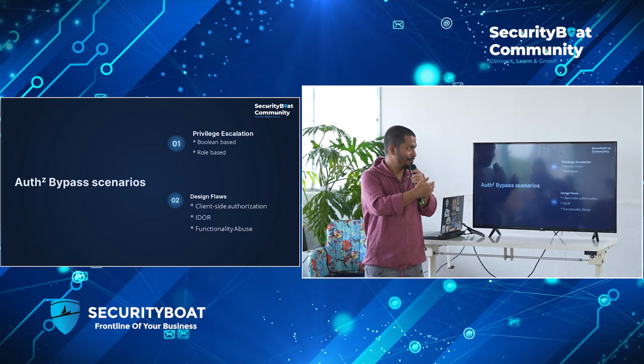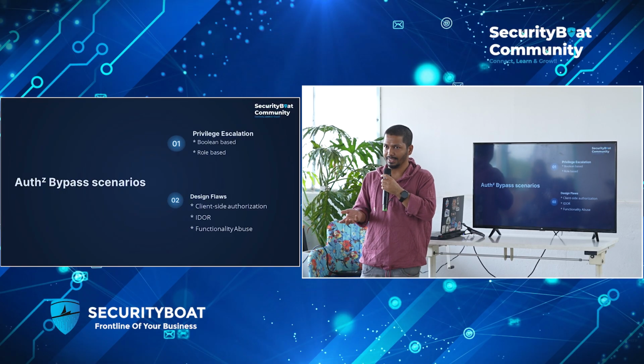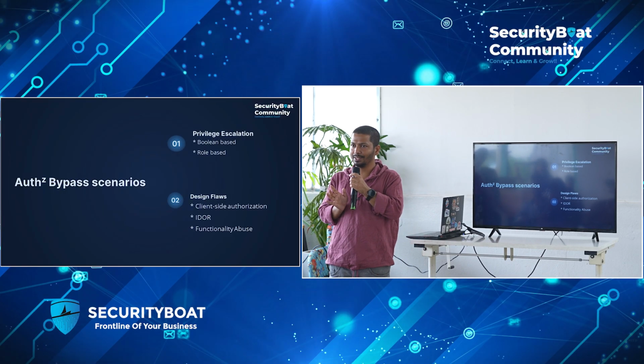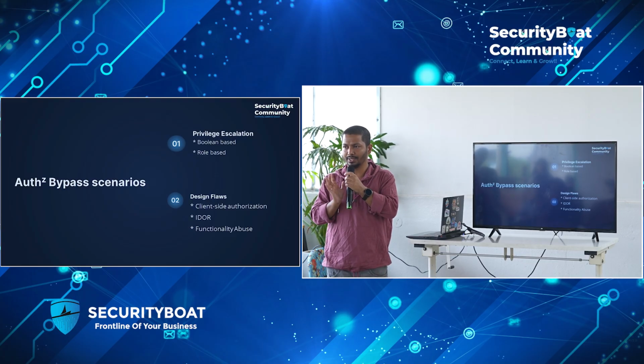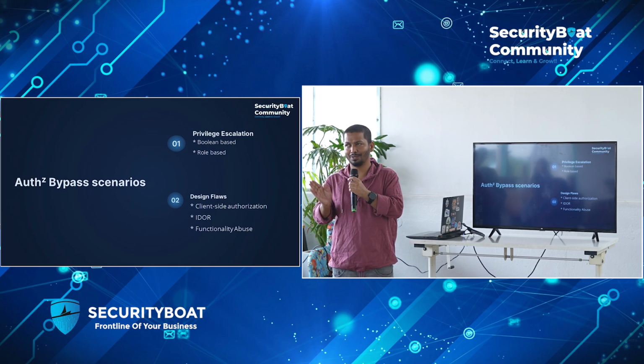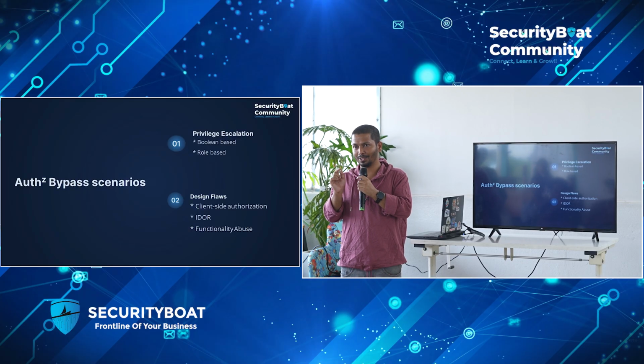Now how can we bypass the privileges or escalate our privileges? Suppose you logged in and you see your role is assigned as user. Edit it, make it admin, and see if you get admin functionalities. You log in, you find somewhere in the request the parameter is admin equal to false. Toggle it to true and see. This was my first bug bounty vulnerability in my life, in 2014.